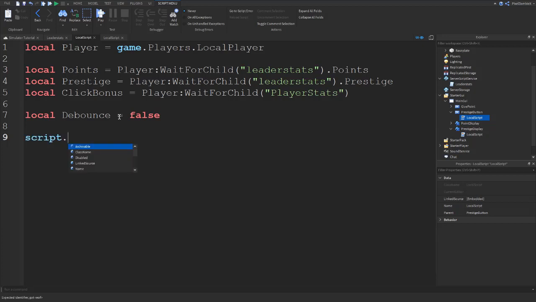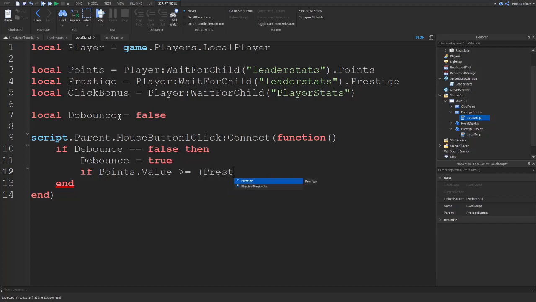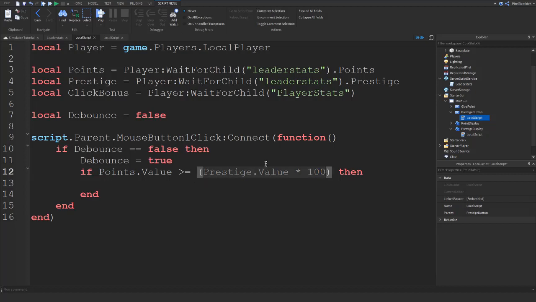So yeah, now we're going to do script.Parent.MouseButton1Click, which is our left click, :Connect(function), boom. And then we're going to do if debounce == false then debounce = true. If points.Value is greater or equal to prestige.Value times 100, then. What this does is, if we have the right amount of points, this value is always going to represent how much we need to prestige. So basically, if our points is higher or equal to what we need to prestige,